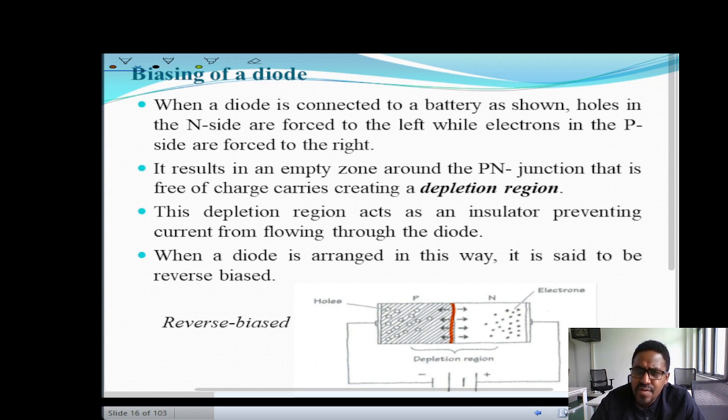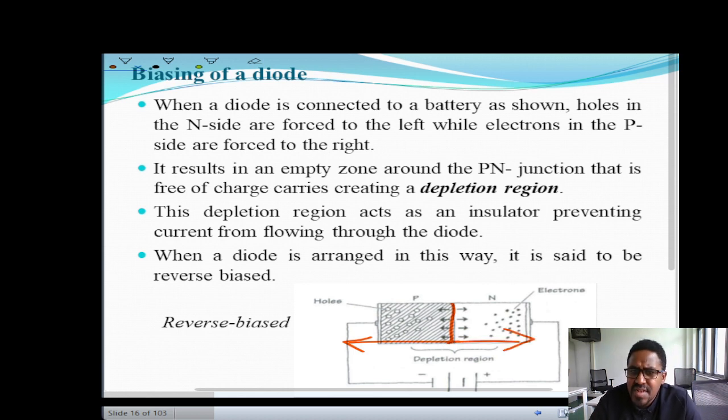So when a diode is connected to a battery as shown in the figure below, holes inside are forced to the left. That means opposite charges attract each other. The negative terminal of the battery attracts the holes of the P side, and also electrons in the N side are forced to the right